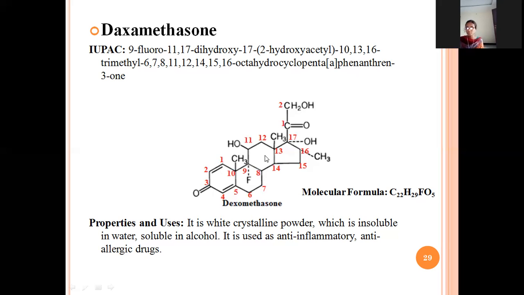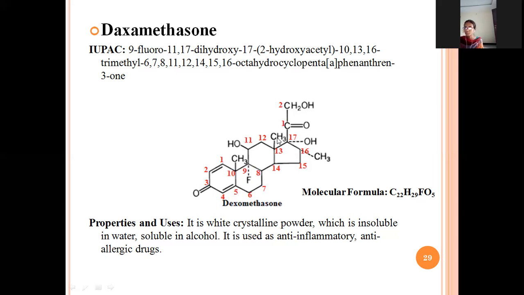This is a phenanthrene ring and this is the cyclopentane. Here in the third position oxygen group is there. In 11th and the 17th position 2 hydroxyl groups. In 10th, 13th and the 16th position 3 methyl groups are there. And here in the 9th position fluorine. In 17th position 2-hydroxyacetyl is there. See here,